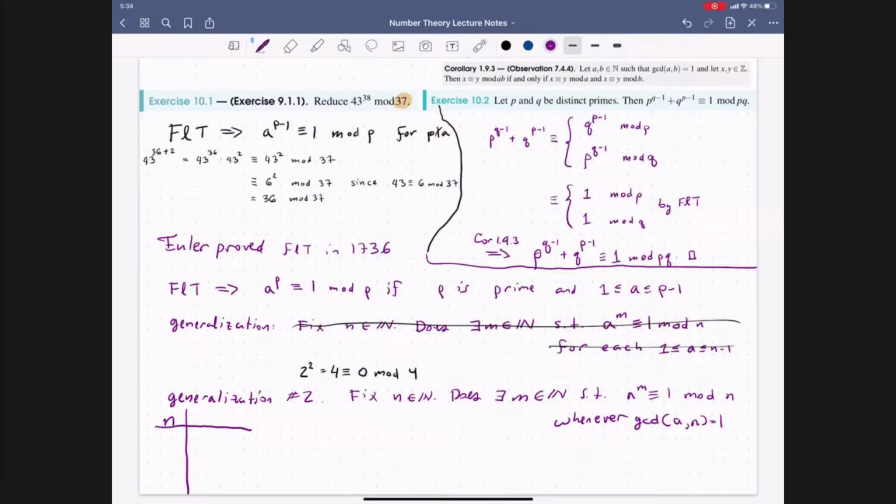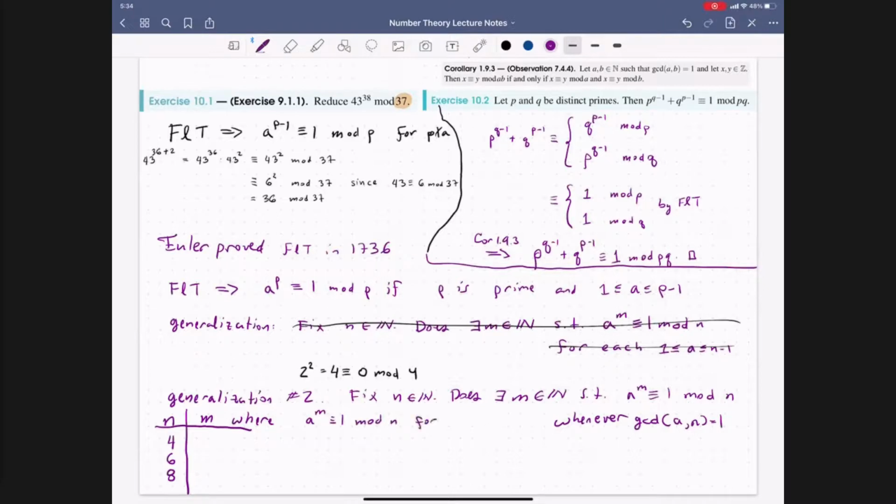And so let's go ahead and look at 4. The next composite number after 4 is going to be 6 and 8. And if you want, you can also do 10. And what I want to ask is, over here in the second column, we're going to have m, where that m satisfies that a to the m is congruent to 1 mod n